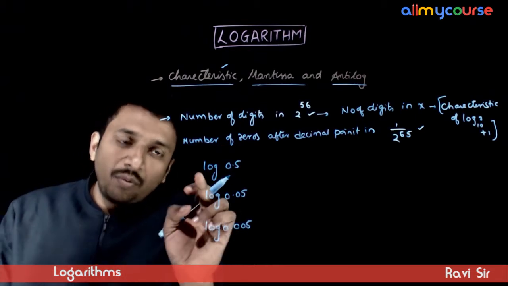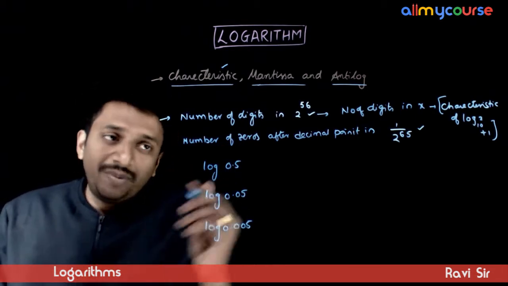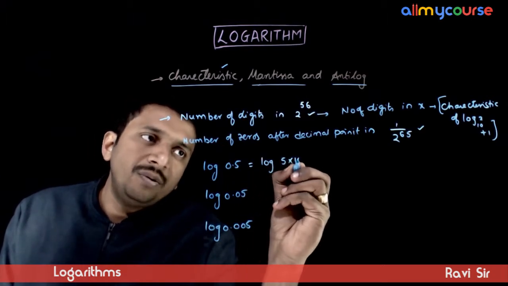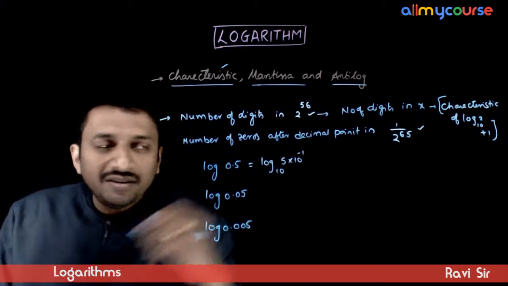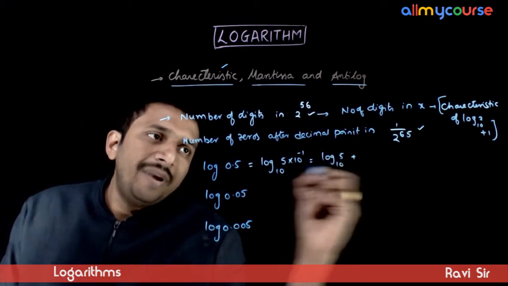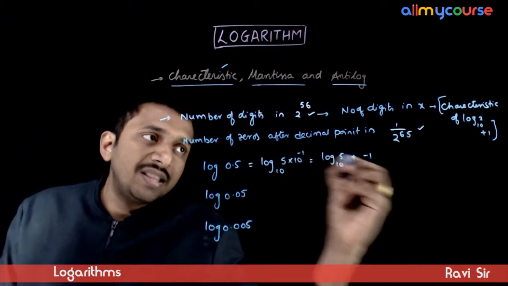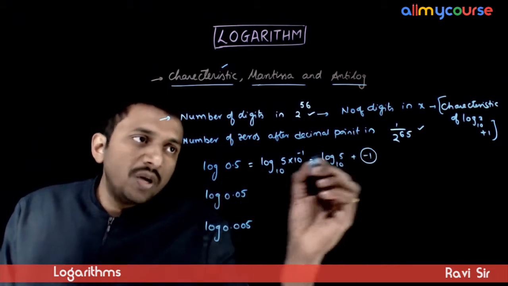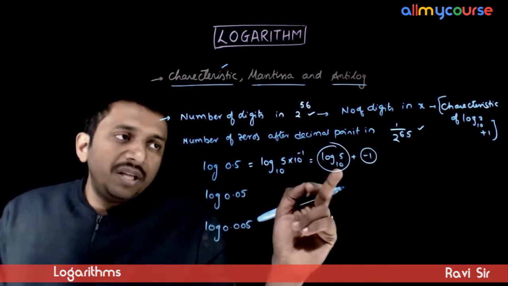So let us take an example. What is log 0.5 to the base 10? This can be written as log of 5 into 10 power minus 1 to the base 10. That is equal to log 5 to the base 10 plus log 10 power minus 1, which is nothing but minus 1. Hence the characteristic will be equal to minus 1 and the mantissa will be equal to log 5 to